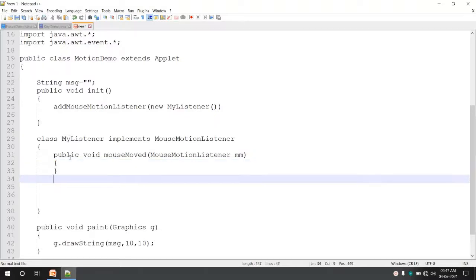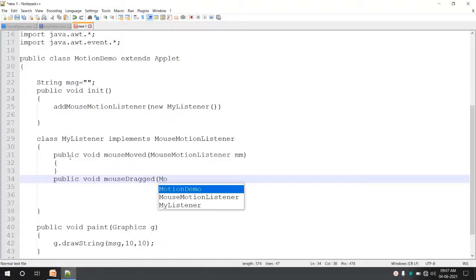So we have redefined one method. One more method we have to override, that is public void mouseDragged.